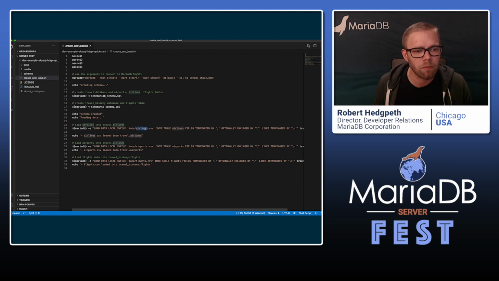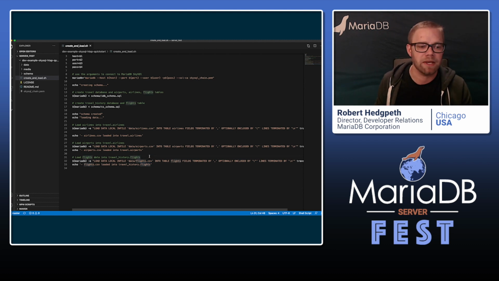I'm going to start by loading a collection of airlines into the airlines InnoDB table using a CSV file. I'm then going to load a collection of airports into the airports table on the InnoDB side. But then I'm going to use a CSV to load about 700,000 records into a column store table on the